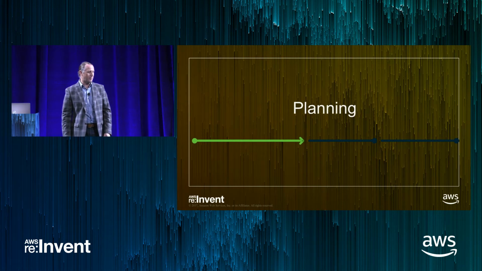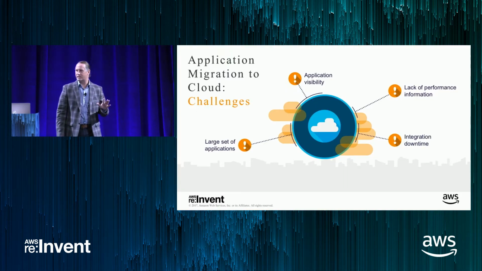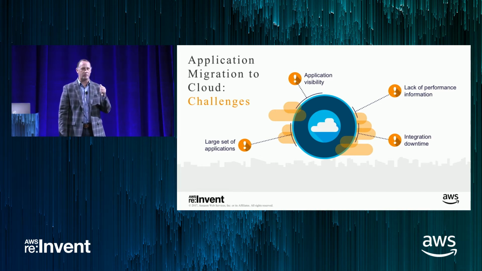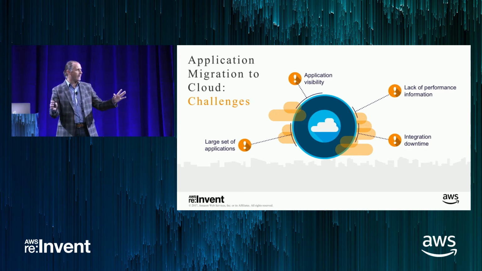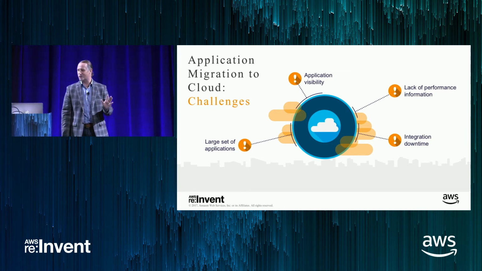Okay? So let's talk about planning. Large sets of applications. People who typically are looking to migrate, I know we see a lot of customers that set corporate initiatives. We're going to move X percentage to AWS by 2020, kind of a 4 or 5 year time horizon, giving you practitioners plenty of time to figure out what X percent actually is a good candidate to move, and do I even know what makes up those percentages?